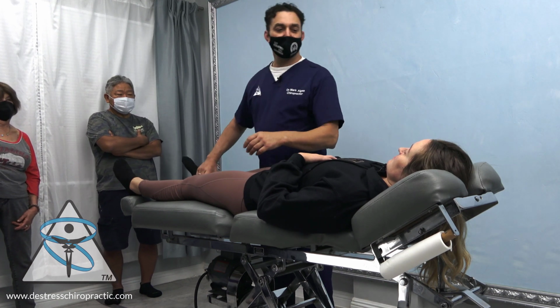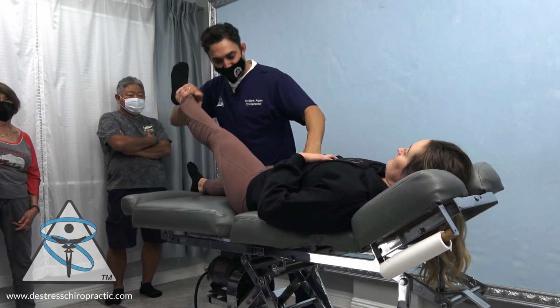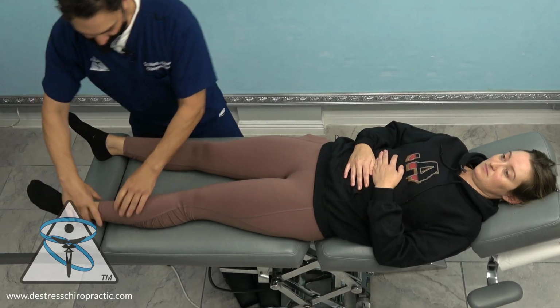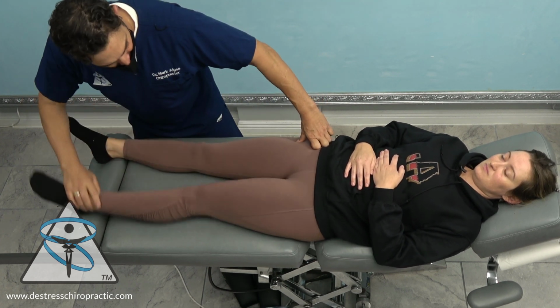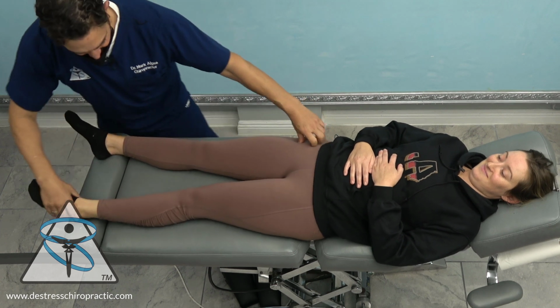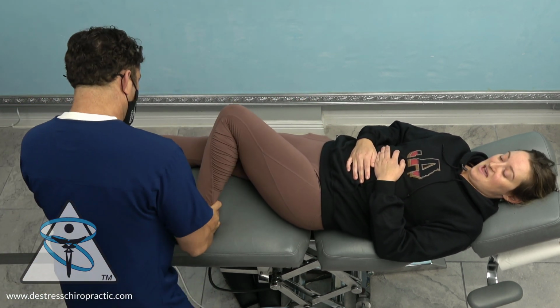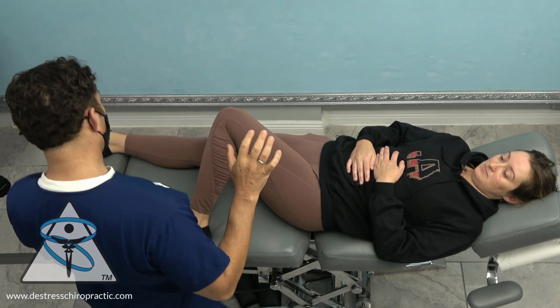All right, from the top, push up. Go. Push up. Push up. I think we're doing the same adjustment on this foot too. We have to be cautious because when you're this sensitive,